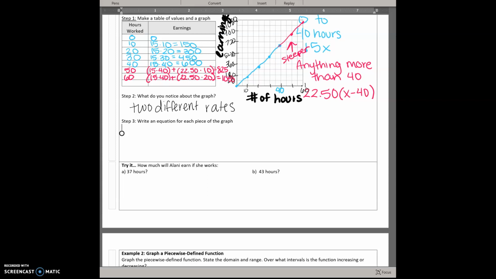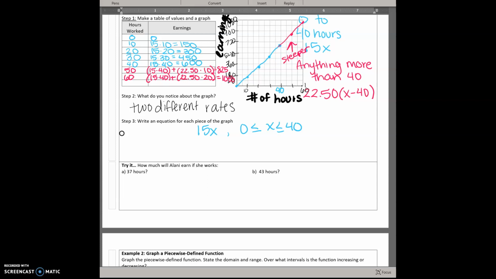But writing an equation for both. So the blue one we said is 15 times however many hours she works. But that one is only good for 0 hours to 40 hours. And then if she works more than that, she's going to make the 40 hours plus